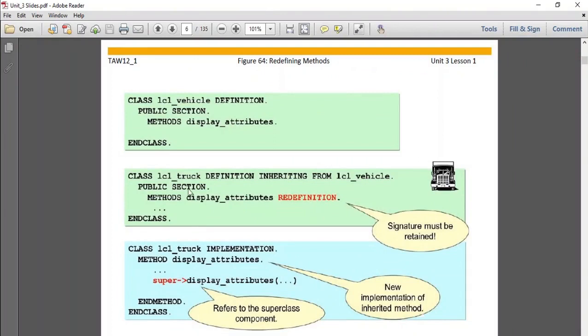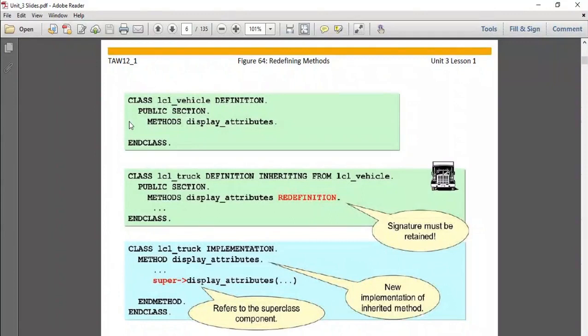And if you want to call the method of the base class, then we use the keyword super, which points to the superclass component, because this keyword always tells that we are referring to superclass components, and the superclass component may be either attributes or methods. We cannot directly call the method of the base class using the object.